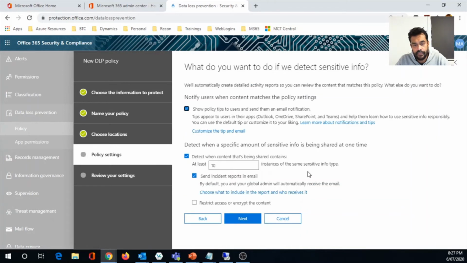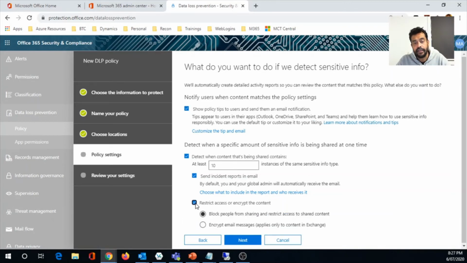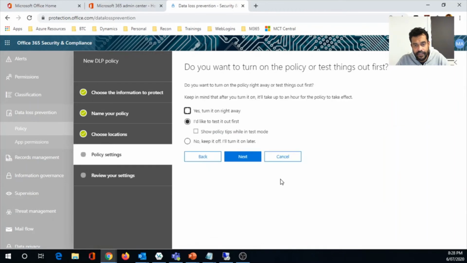Select this one, and if you go in there, you can select multiple other options. For example, you may not want to send multiple credit card numbers out, but a single credit card number is acceptable. In that way, you can configure the minimum number of instances in order to trigger this policy. And then you can even configure encryption. So not only protecting, but you can also block and encrypt email messages. Let's go into the next one, and there you can configure this policy right away,